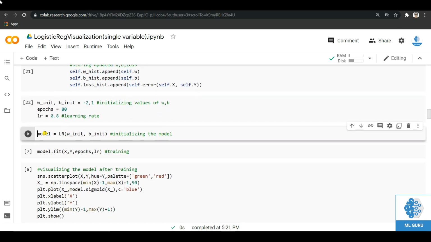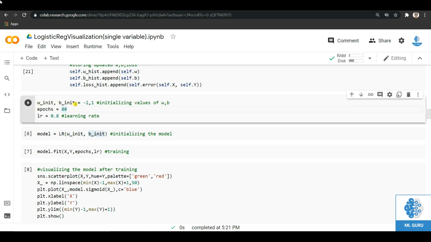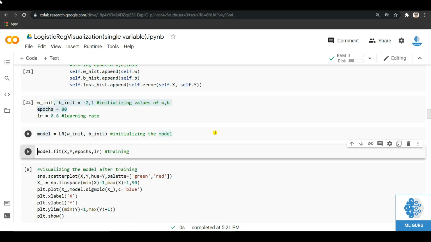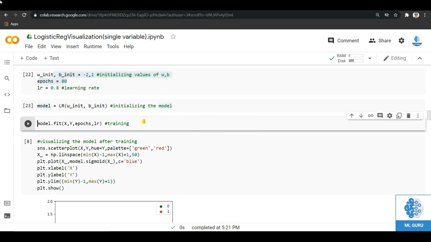And then we have to create the object of this LR class. To create it, we will be passing the values of this W init and B init, which we have defined here, and create our model object. So our model object has been created, and now we have to call this fit function to train it on our data set capital X, capital Y, which is nothing but the X and the true values for all the rows.